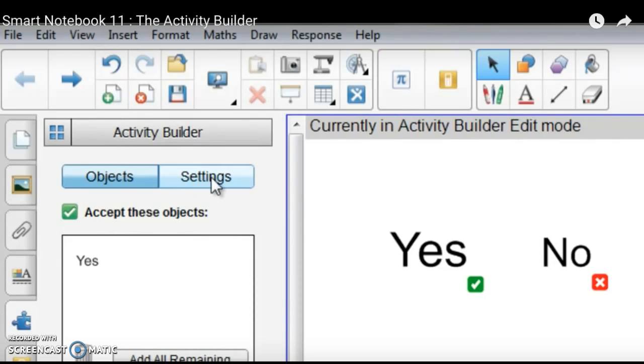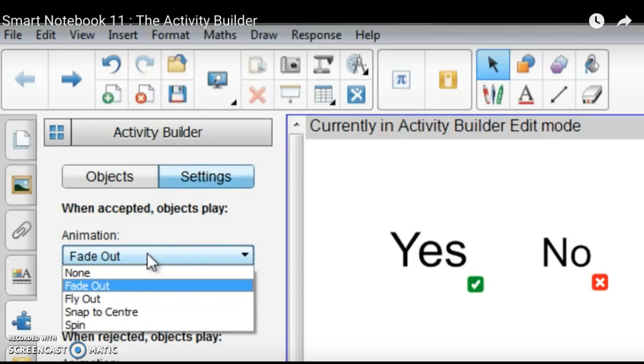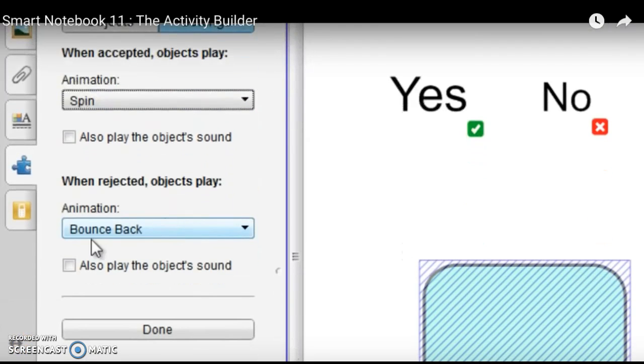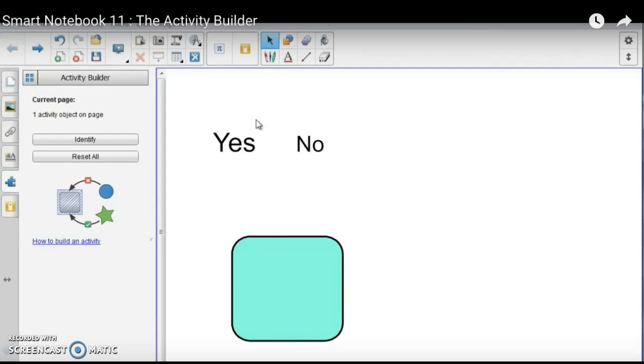I can also click on Settings, and I can choose things like when the object's accepted, I can have it spin, and when it's rejected, I can have it bounce back. I can also add a sound to it if I wanted to have it play that sound. I'm fine with that, so I'm going to say done. So to check that this is working, if I drag the yes